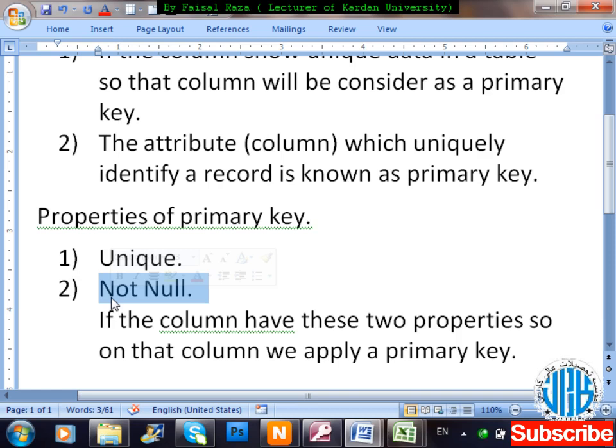Okay, how? Let's suppose I am going to apply a primary key on a NIC card number. So first of all, do you all have a Taskara number or not? So unique. First property is that all of you have a unique NIC number, and nobody has a duplicated NIC, not possible. And another one, I think nobody is there who does not have a Taskara number. I think all of you got a Taskara number. Okay, so therefore not null is also applied. But